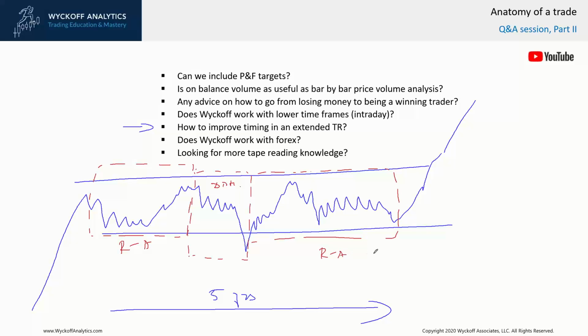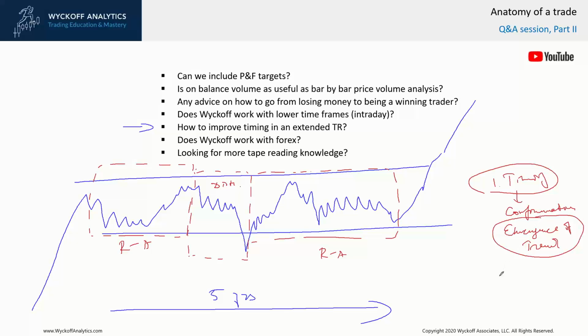So it's sometimes hard, in those extended trading ranges, to define the actual bias. So I think that instead of thinking about the bias itself, you could do two things. You could think about the timing, and the timing is always going to be about confirmation. Confirmation of what? Confirmation that there is an emergence of a trend, because it's the trend that resolves the consolidation. So you want to catch this moment when the trend is starting to emerge, and with that confirmation, you could